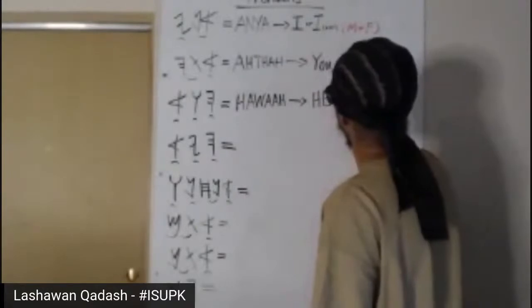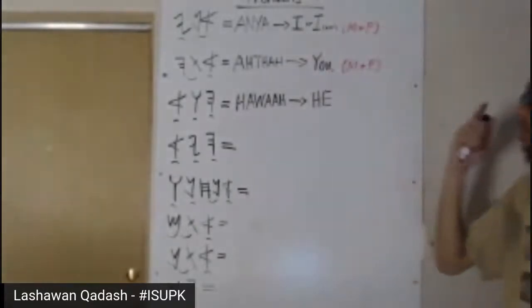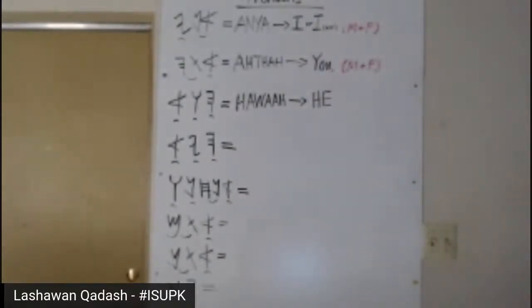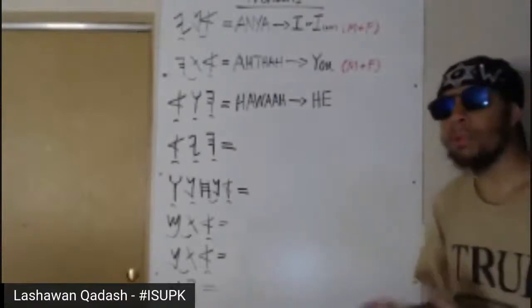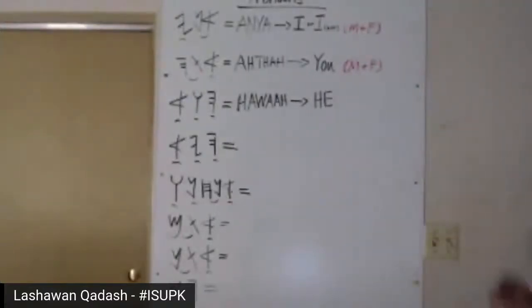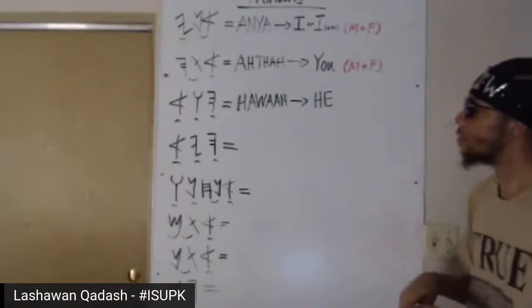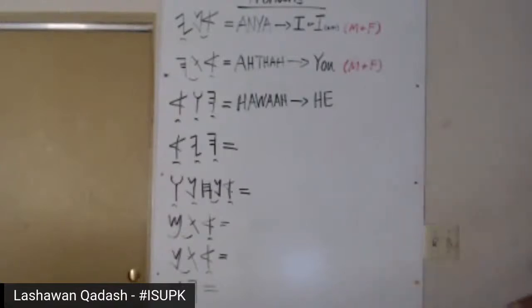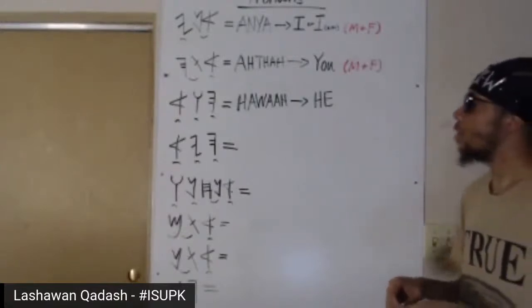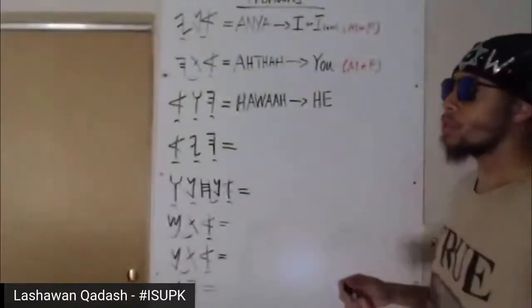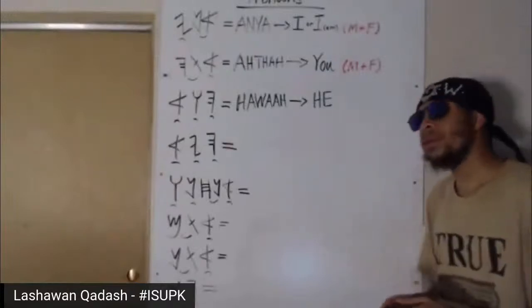He. He as in someone specific. Let's say he can be me, Maccabia. Maccabia is the he in a sentence. All right. Like for example, when we went over the scriptures,